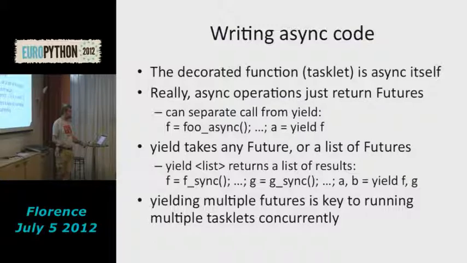Now, technically, there are two variations of futures. There's the low-level RPC, which is its own thing, but which behaves just like a future. And there's an NDB-style future, which you can use to wait for another tasklet, which can wait for another tasklet, which can wait for two other tasklets, and so on.